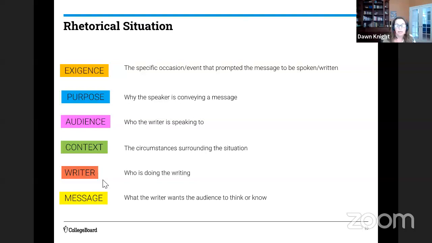And that's why that rhetorical situation is so important, because we need to know our audience and our purpose in order to determine the best way to figure out our line of reasoning. So to analyze a line of reasoning in a rhetorical analysis essay,